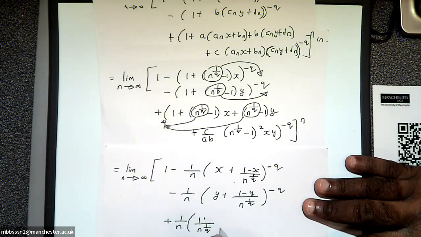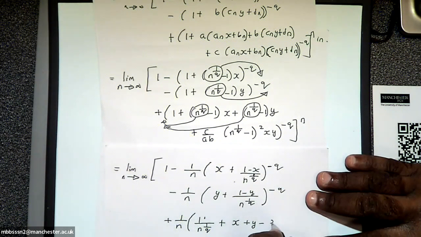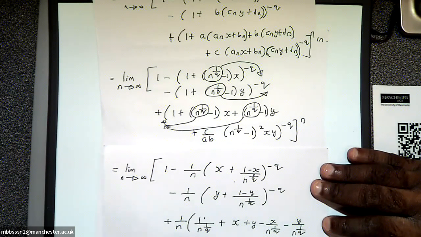Then you have x plus y, correct me if I'm wrong, but minus x over this, minus y over this, and then you have